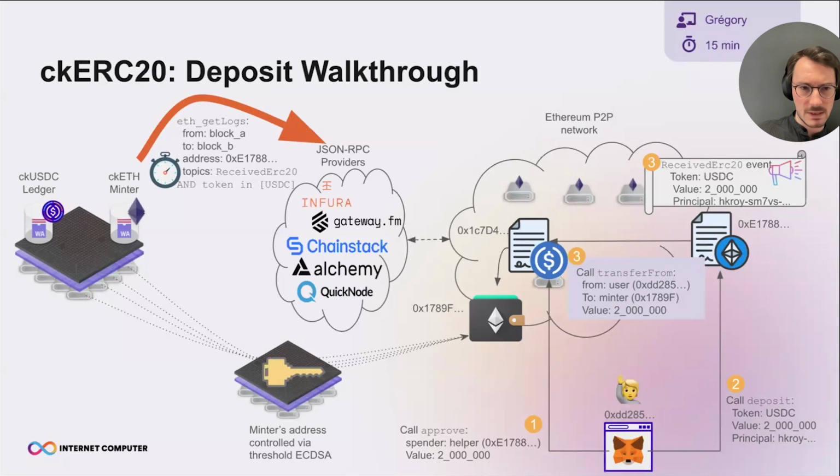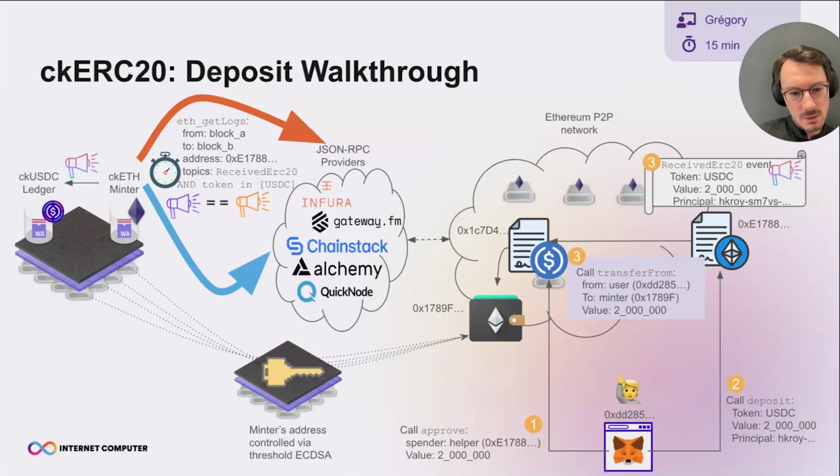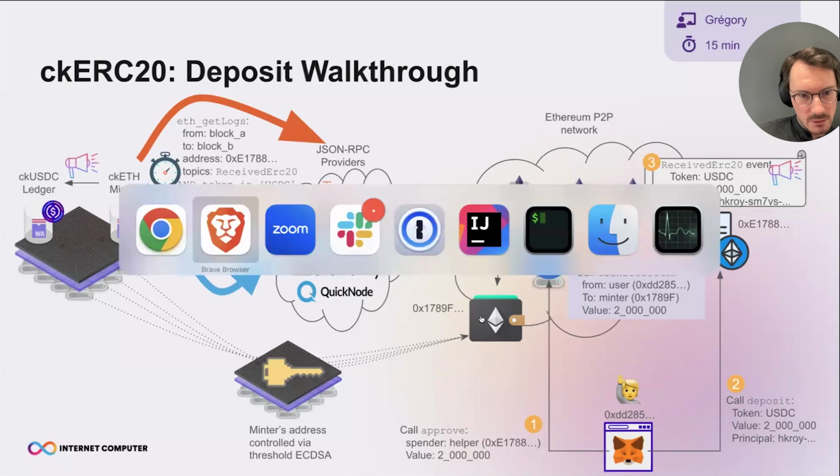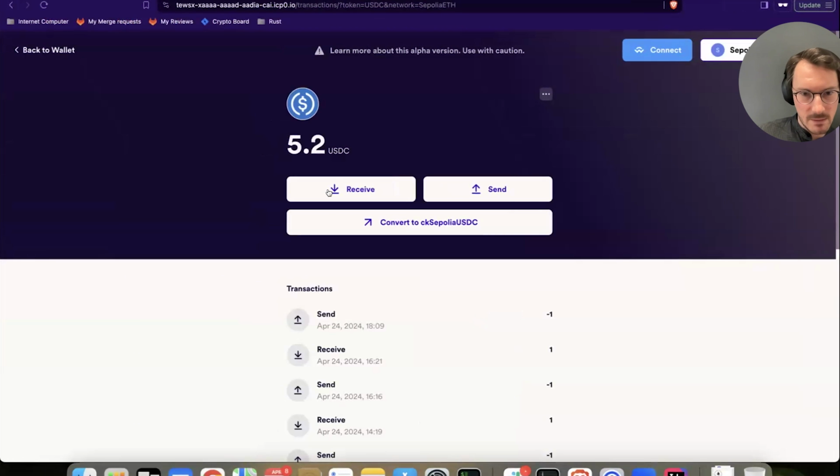And so now, like for ckETH, because based on that information we're going to mint, and we want to maintain the strong invariant that one ckUSDC token is fully backed by one USDC token, we're going to create multiple such providers and only mint if all those results are equal. So now let's go back to Ozzy and check if everything is there.